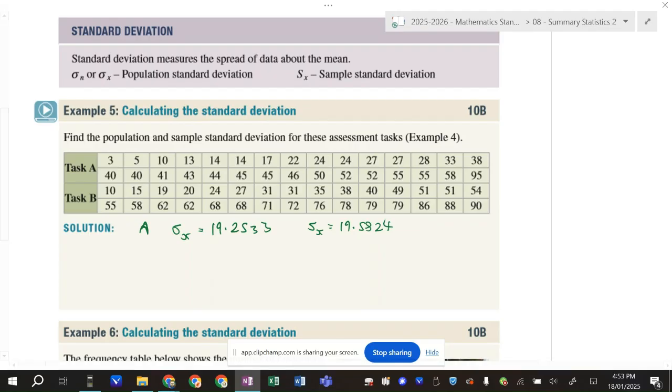Now, you can do exactly the same process for task B. You can go through and find its one. I'm going to assume that I've just done that rather than making you sit through me using the calculator again. And you'll get 23.3 for the population one and 23.69 for the sample one. Now, we will have talked about what standard deviation actually means, but that's how you calculate